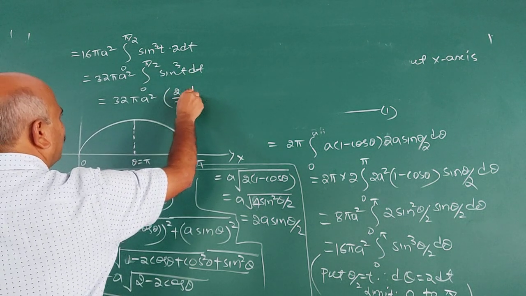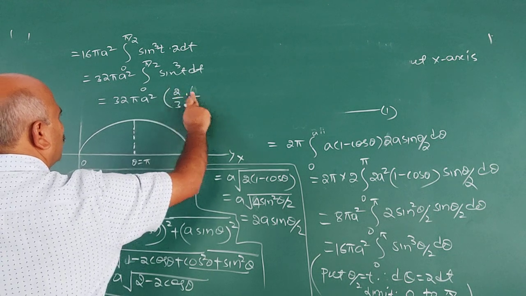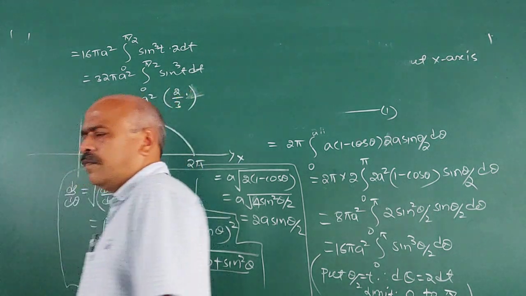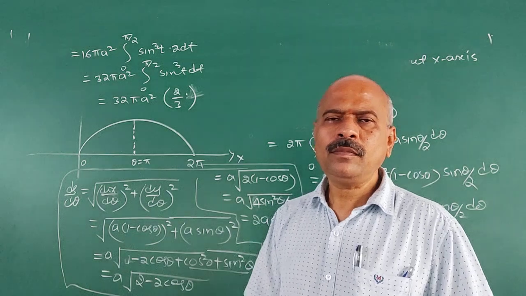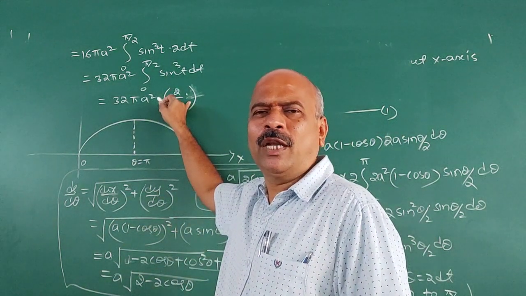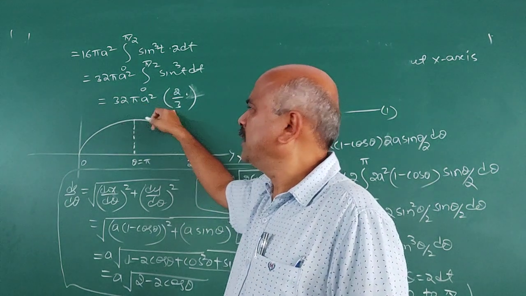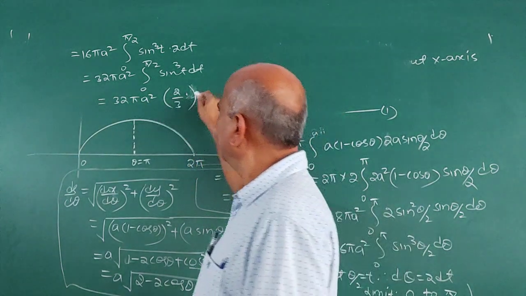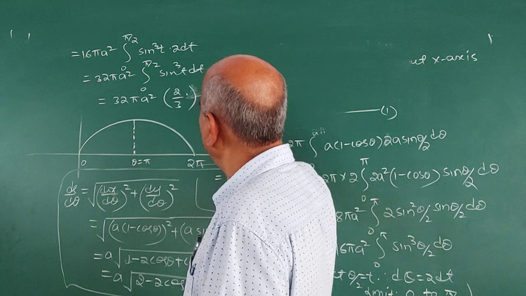Next is 1, 2, no, only 2 by 3 is 2 by 3. Since it is odd, there is no into pi by 2. If it is even, then the into pi by 2 is there. It is therefore 64 pi a square